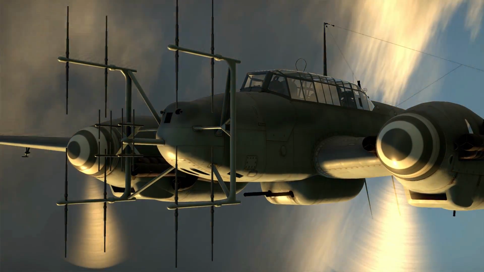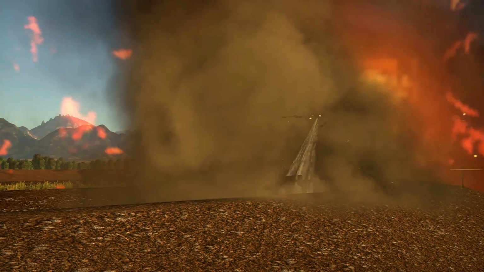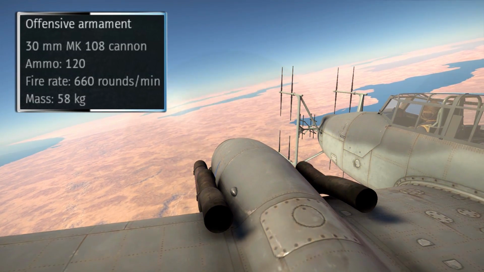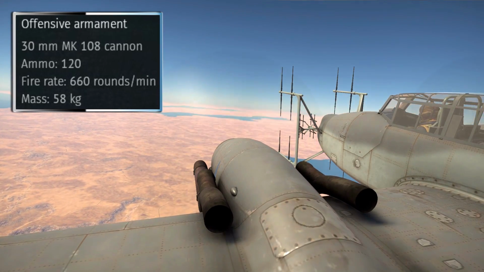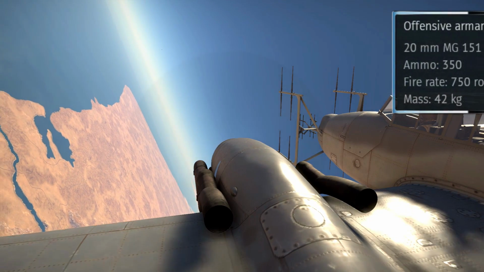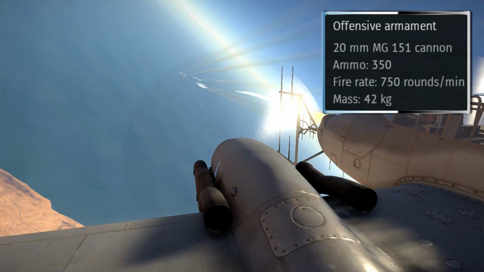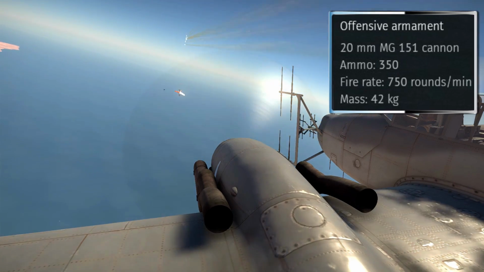The internal armament of the G4 consists of 4 cannons. Firstly, a pair of Mk108 30mm cannons, one of which has 135 rounds, and the other of which has 120 rounds, although both share the same 660 round per minute fire rate. The other 2 cannons are then a pair of Mg151 20mm cannons, one with 350 rounds of ammunition and the other with 400, although again both of these guns share the same fire rate, this time of 750